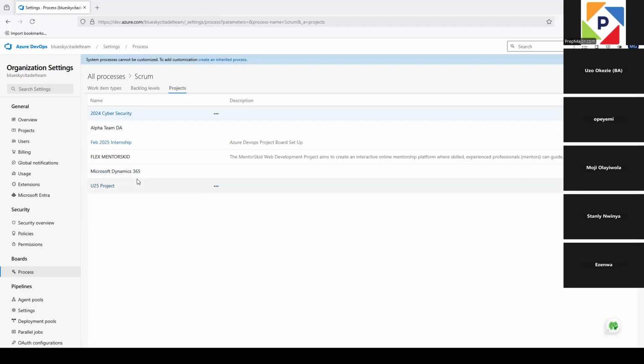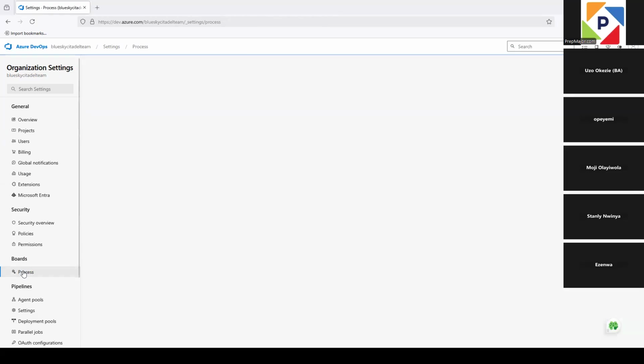So for us to create an inherited process, there are two ways. You can click here to go and create your inherited process, or you can come on that board here. You can see another information here that says process, and create and click from here. So let's assume tomorrow Microsoft decides to remove this aspect of things. Let's keep to the ones we're aware of, which is the one here. So if you click on the left panel, if you click on the process there,